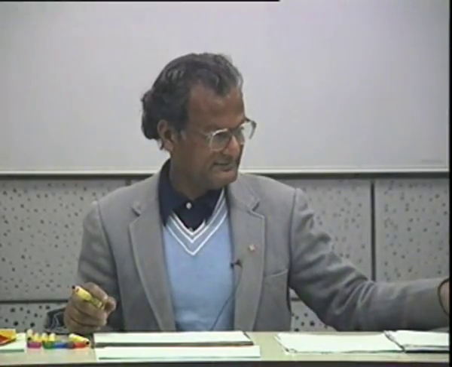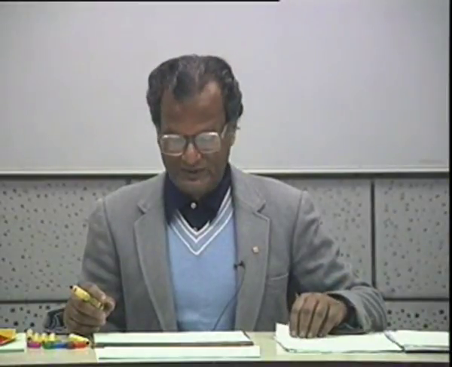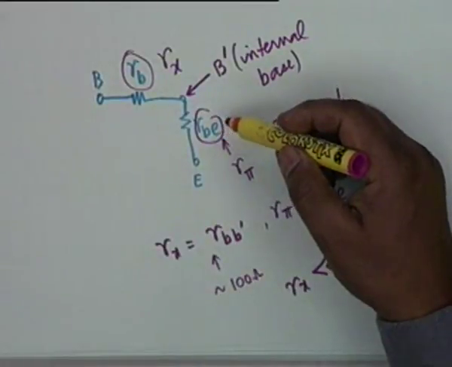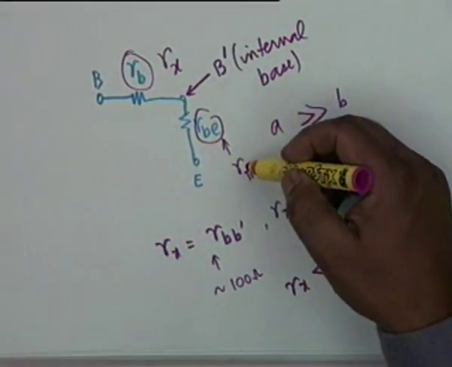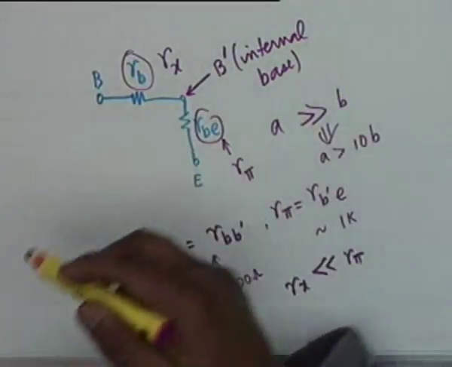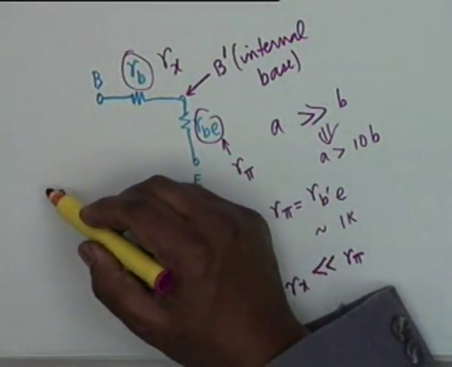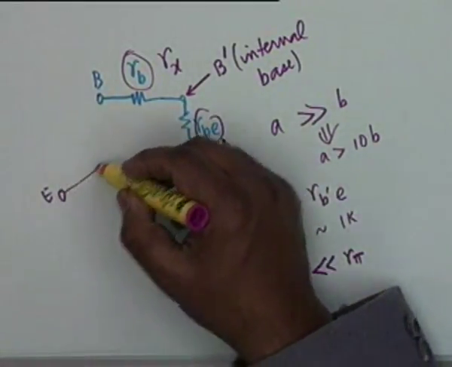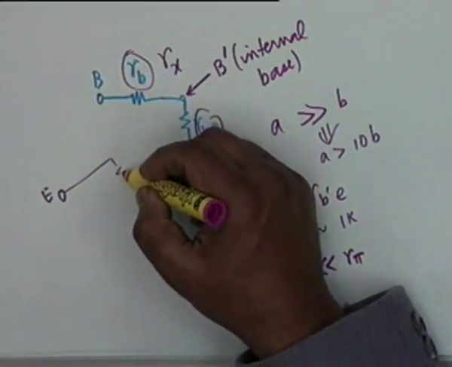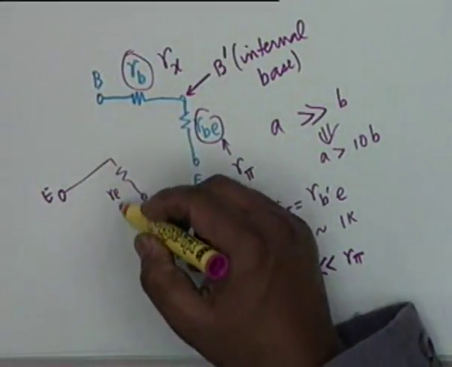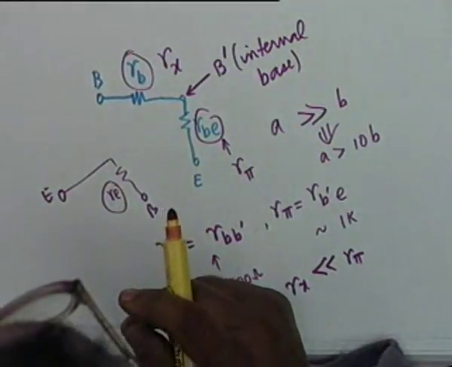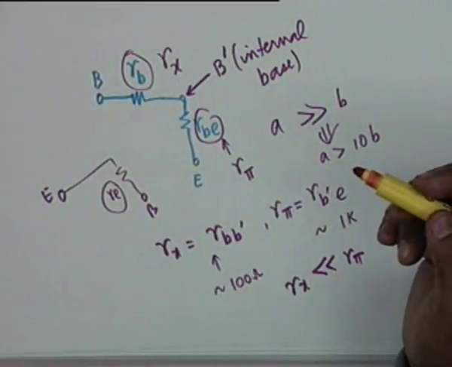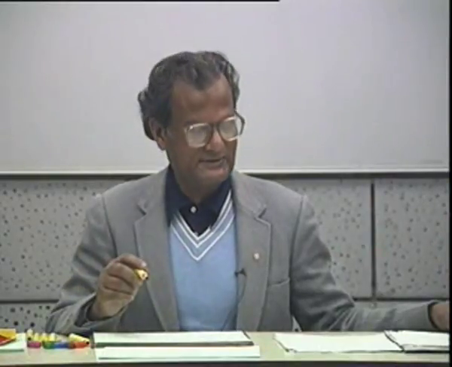Excuse me, sir. Yes. So how about the emitter resistance? Is it much smaller than the other resistances? This is the resistance, so RE. The relationship between RE and R pi is obvious. If it is a common base circuit, if the emitter is the input and base is common, then the resistance that will come between emitter and base would be RE, and this will be beta plus 1 times R pi. So RE and R pi are very simply related.